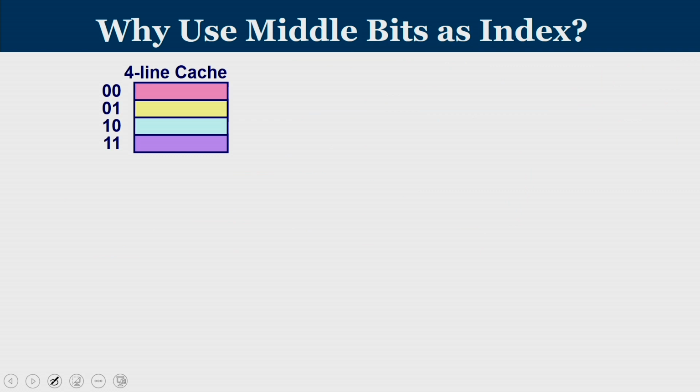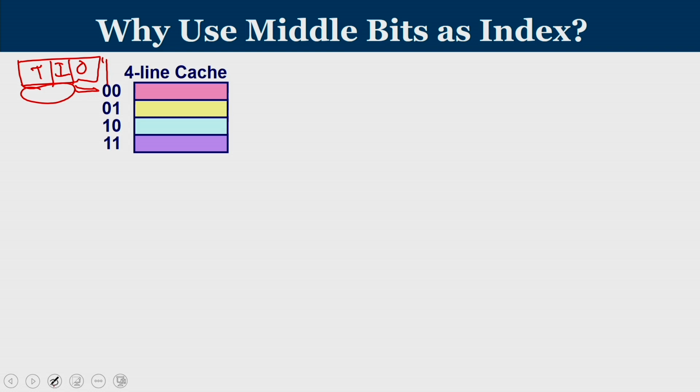Now, out of these 3 combinations, that is tag, index and offset, why am I using the middle bits for indexing? Why can't I use the most significant bits for indexing? You know that out of the given address, the offset portion are the bits which will vary for the bytes within a block. Let us not discuss that now. I am more interested in the tag and index portion. So, this tag and index portion together define your block number in main memory. This is the offset within a block.